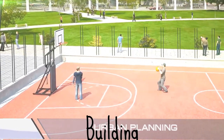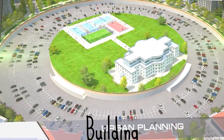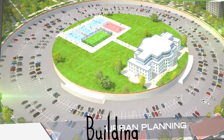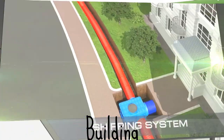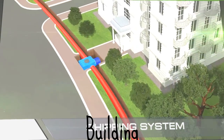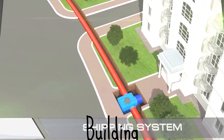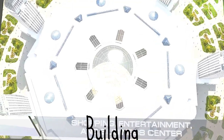Cities are divided into courtyards. In the middle of each courtyard is a modern school and kindergarten. The courtyards are equipped with underground two-level garages and parking areas. The transportation routes in the city are carefully planned in the same way to avoid traffic jams. There's an automated underground shipping line leading to each apartment building, allowing residents to send and receive medium-sized packages without